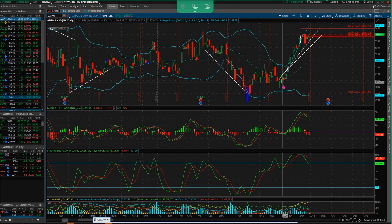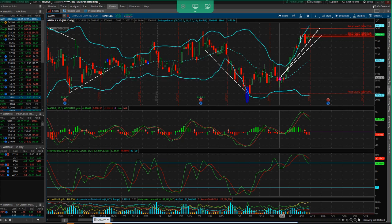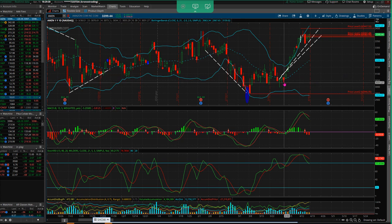So that's what this is right here, when you see this move right here and you have this long wick and then it puts another one with a long wick after it and it's already